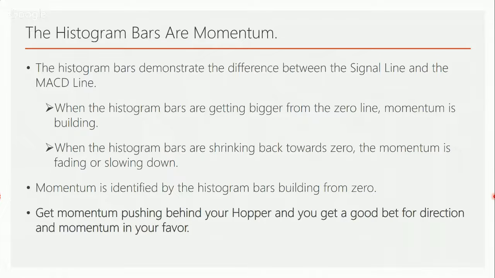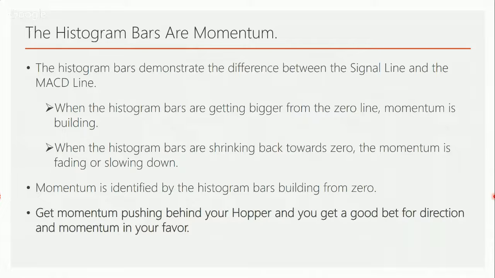When the histogram bars are getting bigger from zero, momentum is building. When the histogram bars are shrinking back towards zero, not building from zero, but back towards zero from someplace away from zero, then momentum is just fading or slowing down. It's not a change in direction. It's not a wave of strength. So that's a really important thing to try to keep in mind,